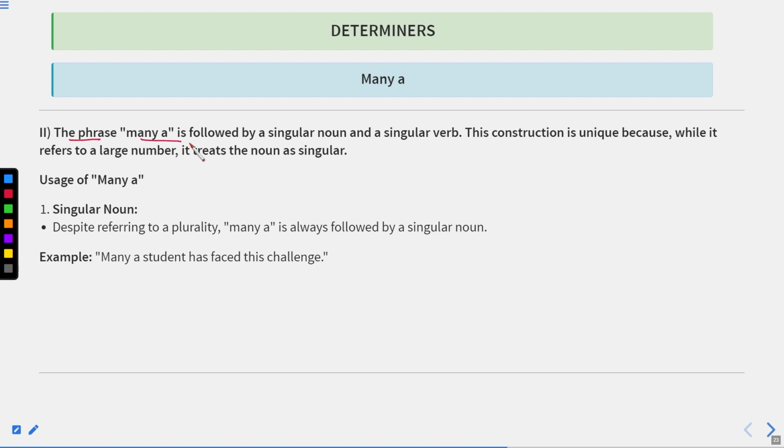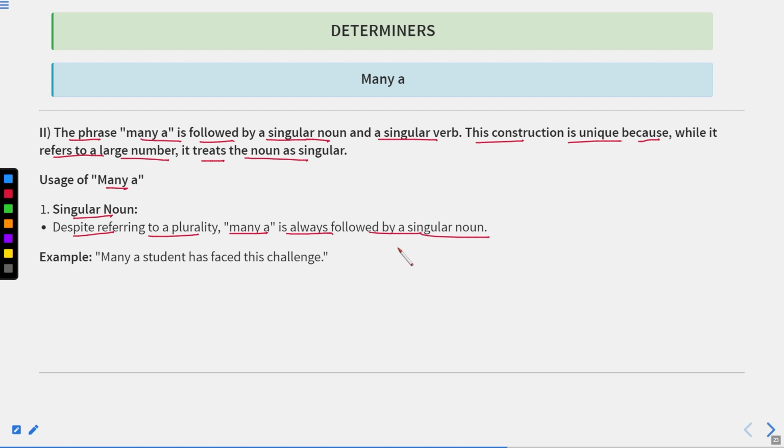The phrase many a is followed by a singular noun and a singular verb. This construction is unique because while it refers to a large number, it treats the noun as singular. Usage of many a singular noun: despite referring to plurality, many a is always followed by a singular noun. Okay,